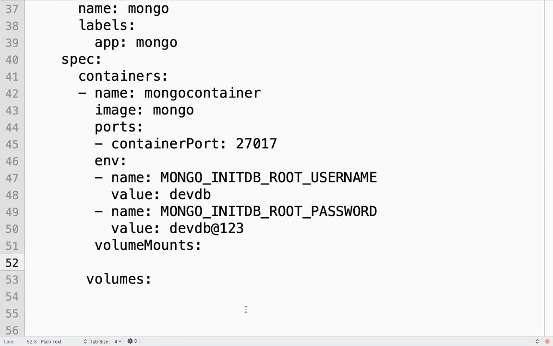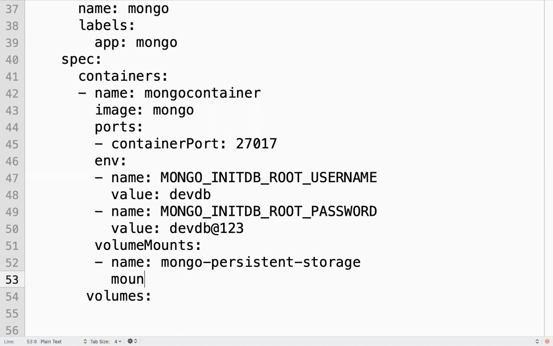So volume mounts. To which directory do you want to mount the volume? You can give some name, something like MongoDB or Mongo persistent storage. Some name.